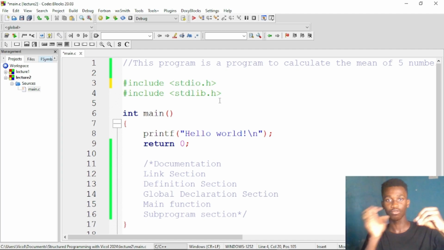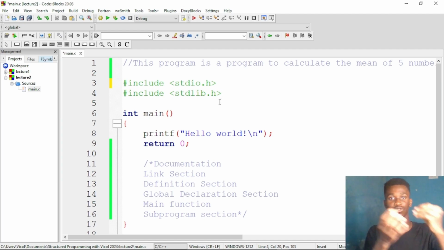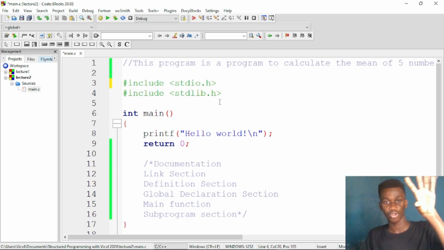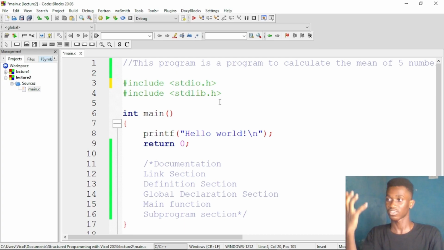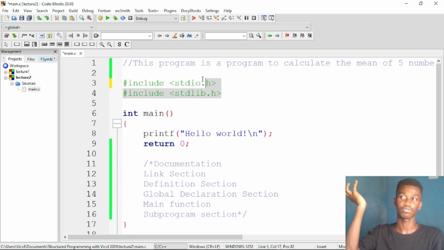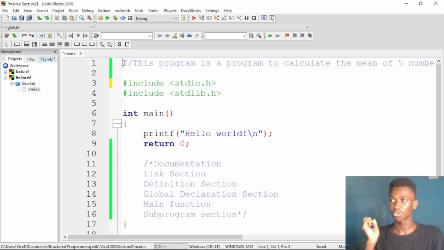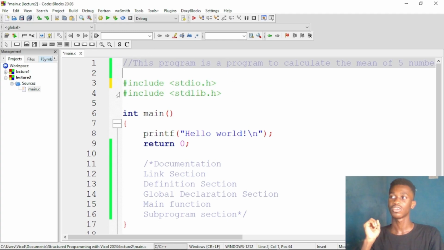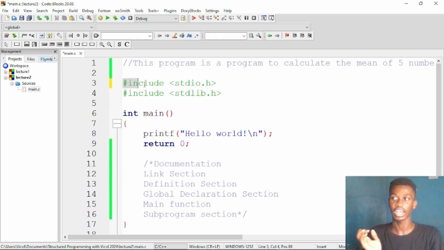Now including Google Account Manager into a particular project means that I want to access a particular person's account details, and then use all of those details in my own project. So that's basically what the #include actually does, and they are going to be in the link section of your program. So after you document your program, the next thing you want to do is add your necessary links using the #include